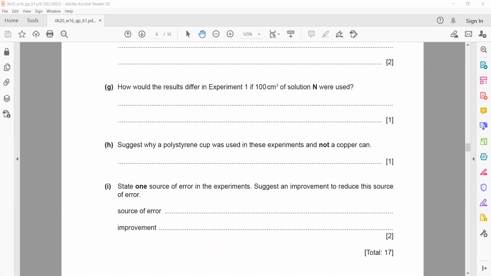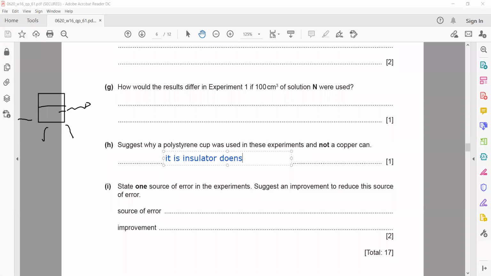So polystyrene is an insulator or bad conductor of heat. Otherwise, when the reaction occurs, if we use a copper cup, copper can take energy from the solution and copper will transfer that energy to the surrounding. So the reason why a polystyrene cup is used is because it is an insulator,